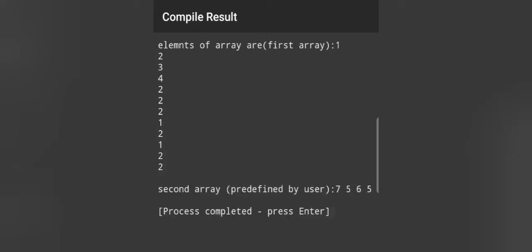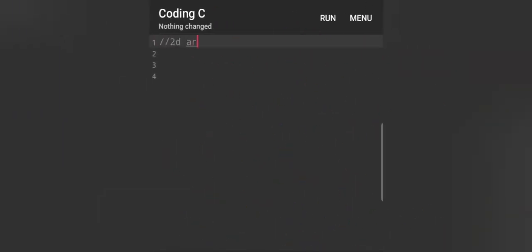Now let us compile our program to check the output on the screen. One by one, the user will be able to enter 12 elements for the first array by pressing enter. When all the 12 elements are entered by the user, then we will be displaying our second array. In this way, we have finished our first program of displaying one line array, both predefined and defined by the user as well. Now let us start with the concept of 2D array.